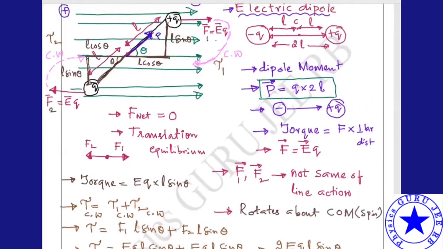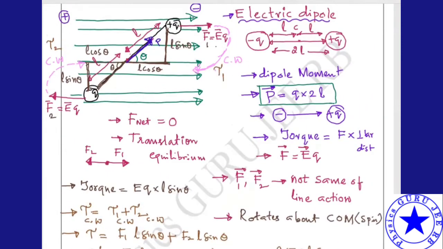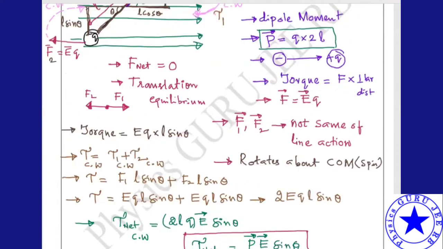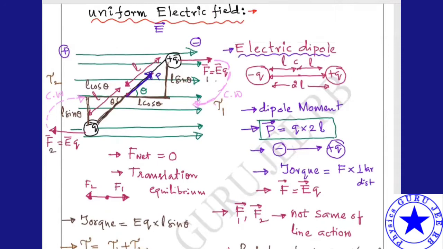Because we are taking torque in the clockwise direction, two torques in the clockwise direction, force perpendicular in the clockwise direction. We are rotating P and E also in a clockwise direction. First P and then E. See, first P, then we are moving towards this one. Let us take this as nothing but the electric field intensity direction.